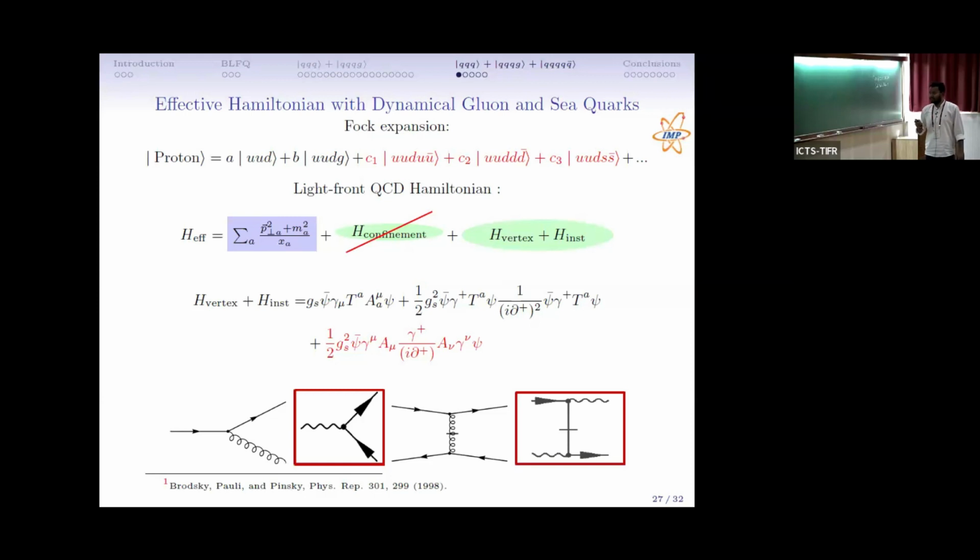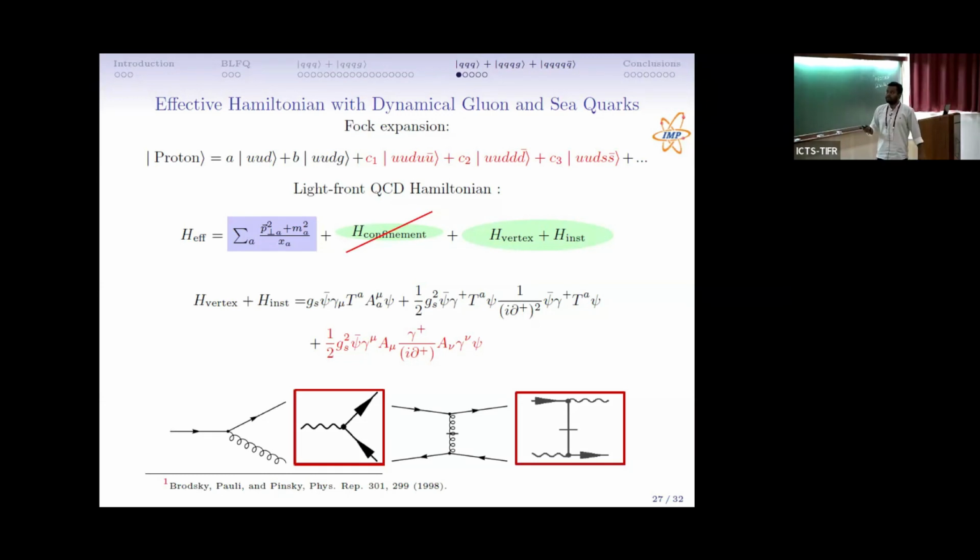Okay, so now the last part of my talk. Our main goal is to solve the Hamiltonian without any confining potential, just based on the QCD interactions. That is why we completely remove the confining potential. But since we have the leading Fock sector, the gluon Fock sector, and the c-quark Fock sector, we have the opportunity to include more and more